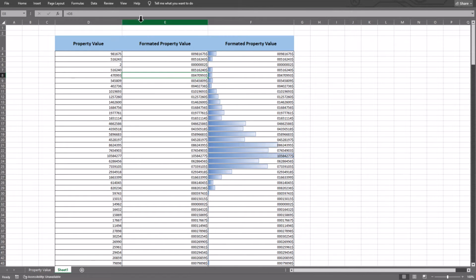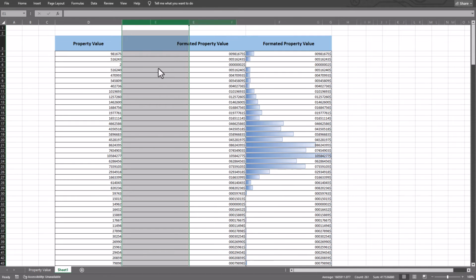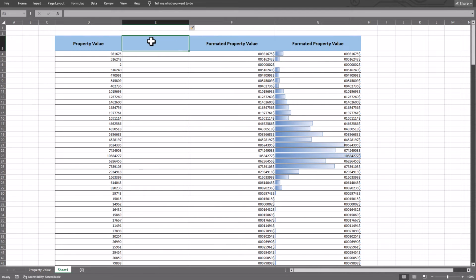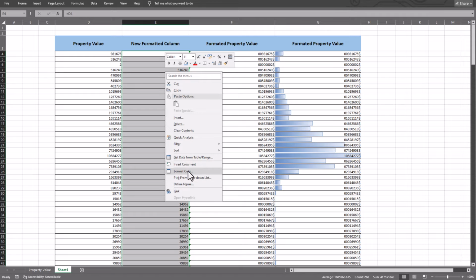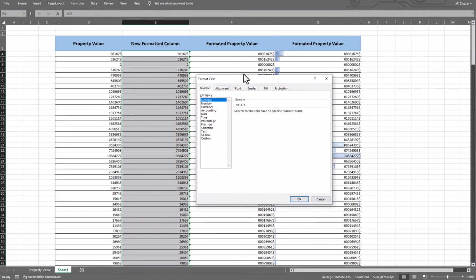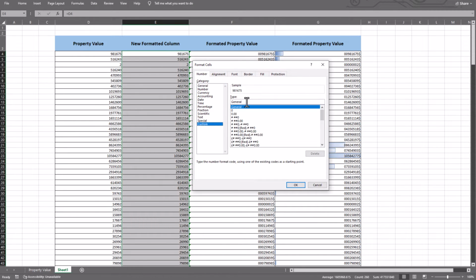So let's start. I'm going to add a new formatted column. In this column, I'm going to put the same values for now. Then I'm going to click on Write, Format Cells, and here we go to Custom, and we remove this General,